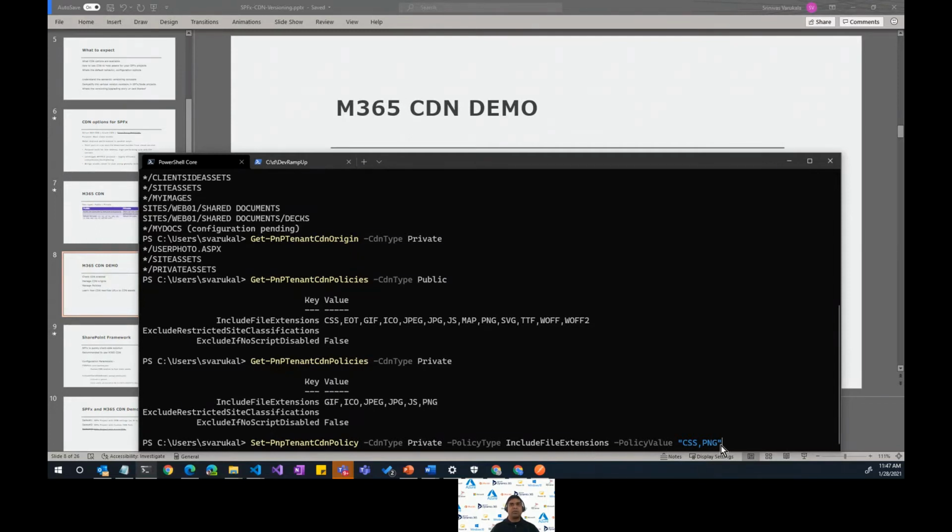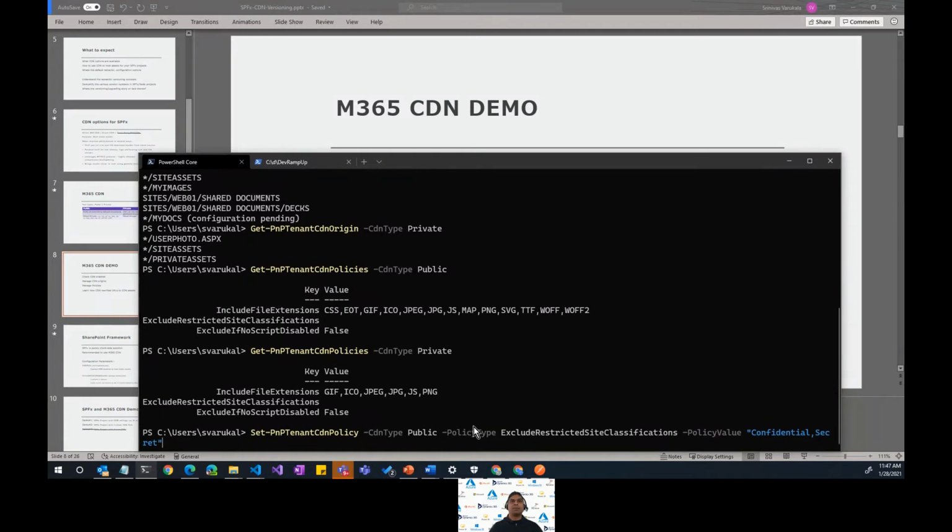In this way, I'm going to append CSS and PNG as supported file extensions. If I want to play with a different policy, let's see this one. In this case, I'm adding exclude restricted site classifications along with the policy value of confidential and secret.